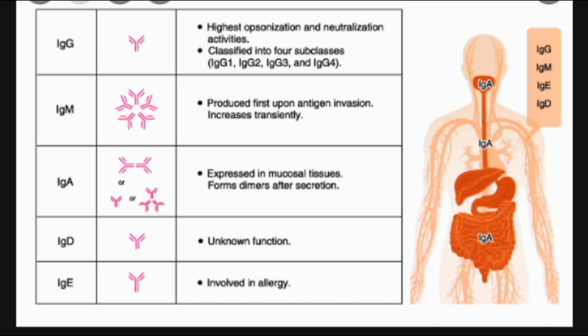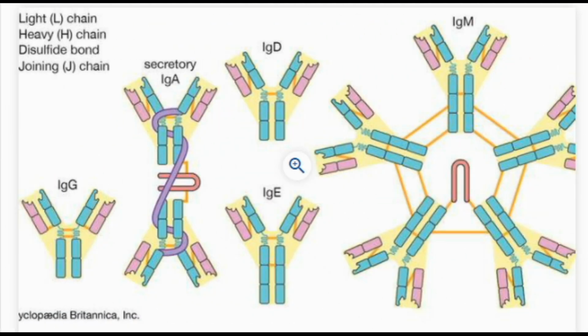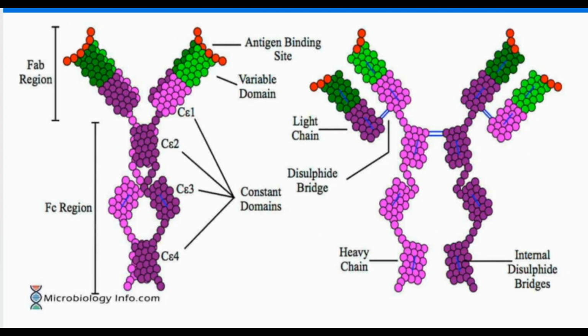IgA. It accounts for 10 to 15% of all immunoglobulins and is prevalent in serum, nasal mucus, saliva, breast milk, and intestinal fluid. It has two subtypes, namely IgA1 and IgA2, which mainly differ in terms of their hinge region characteristics. At mucosal surfaces, IgA provides the primary defense against inhaled and ingested pathogens. The vast surfaces of the gastrointestinal, respiratory, and genitourinary tracts represent major sites of potential attack by invading microorganisms. Immunoglobulin A, IgA, as the principal antibody class in the secretions that bathe these mucosal surfaces, acts as an important